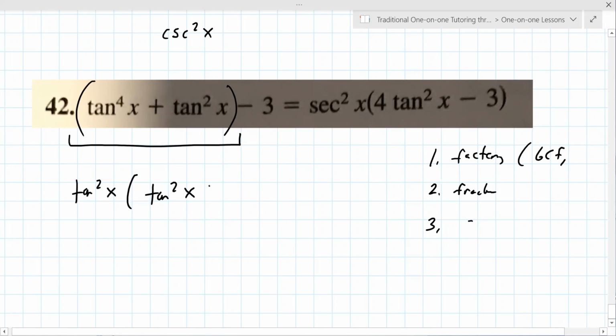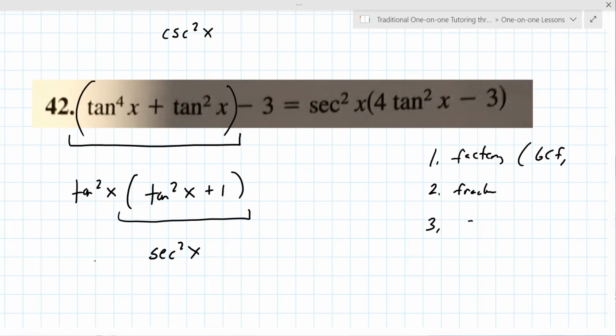Right. And why would I do that? Well, I can look ahead and tell you that this is the problem I did in class. I've done this problem in class before. Great, because that helps you do this. Otherwise, you don't have much of a chance here. Now, tangent squared x times secant squared x minus 3. Okay, so